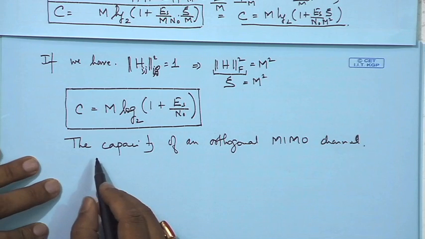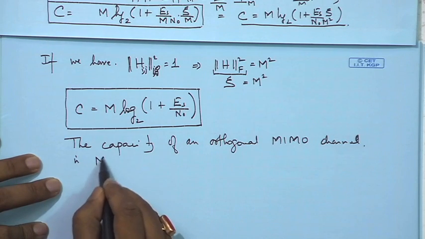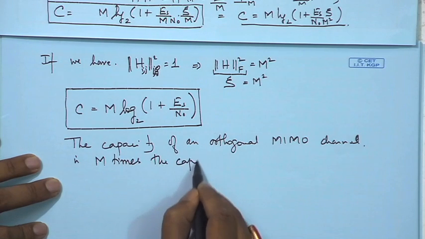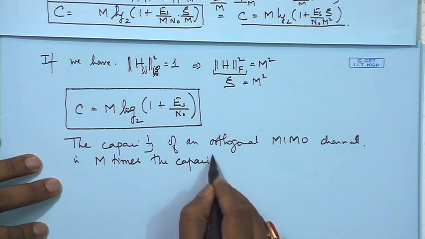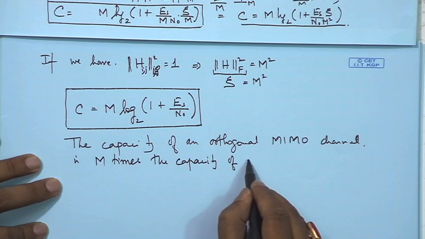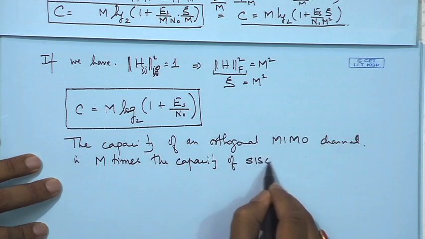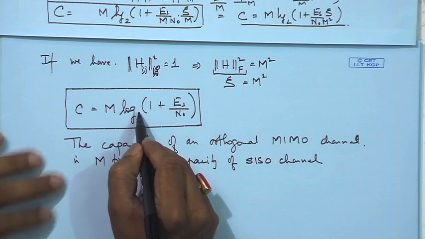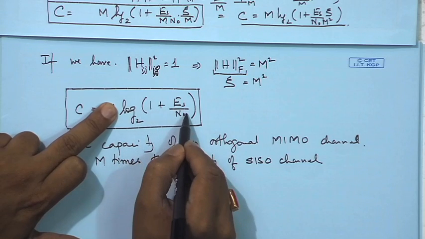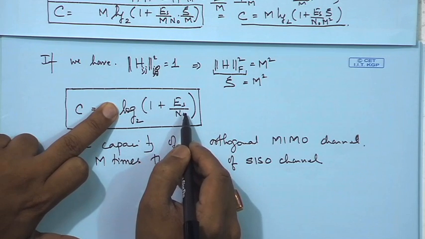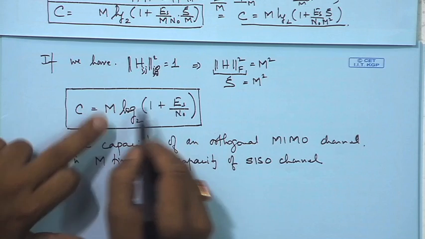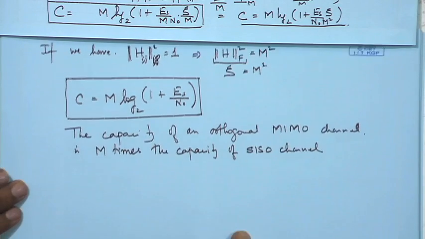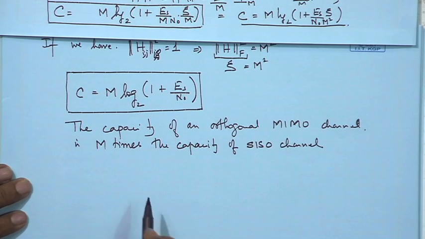It is m times the capacity of a SISO channel. This is a wonderful result. So, look at the inside of it, log of 1 plus Es by n naught. This is the capacity of a SISO channel, whereas since we have MIMO, we have m times the capacity of a SISO channel. So, this is true when it is orthogonal, and to get an understanding of what it means,